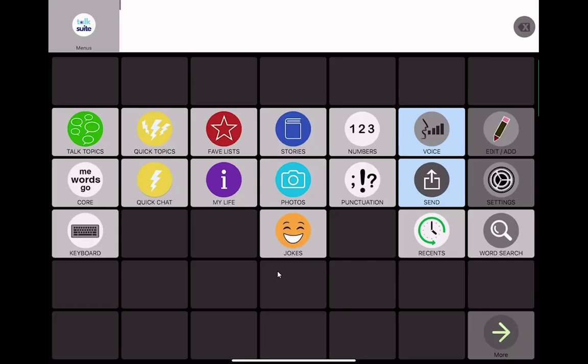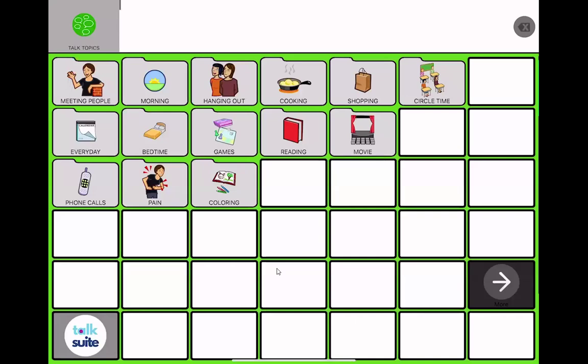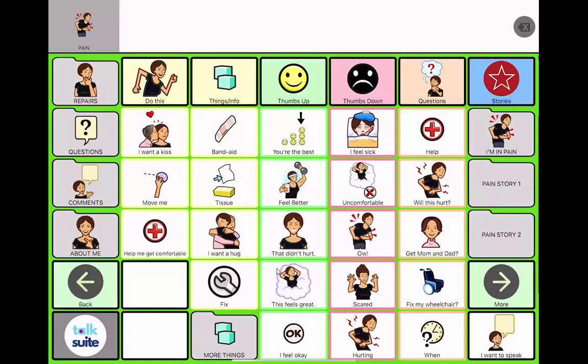So you don't have to change out your page set. You just go to the different page set in that moment. You can change the grid size. So this is a larger one, but don't think that it has to be that large. Some of the really cool things that they have are quick topics that might come up frequently throughout the day, quick go-to things to say. Again, that concept of being able to say the same thing over and over again to have those conversations, to make communication efficient. That way we can be very effective and continue to maintain those relationships and make those